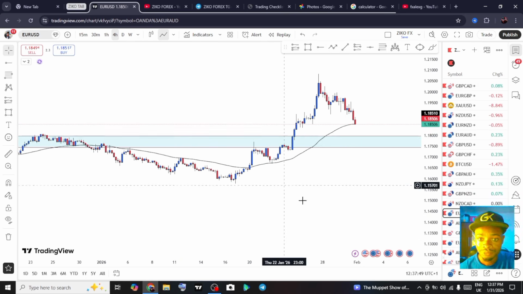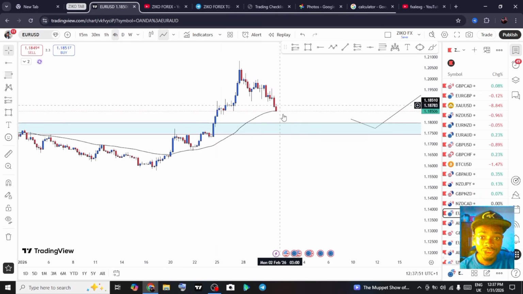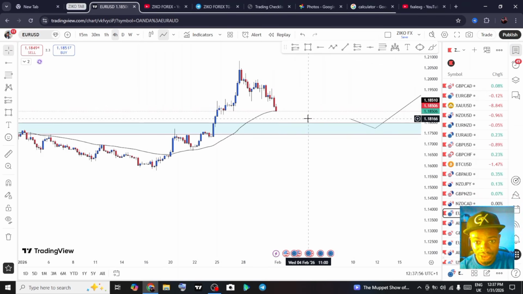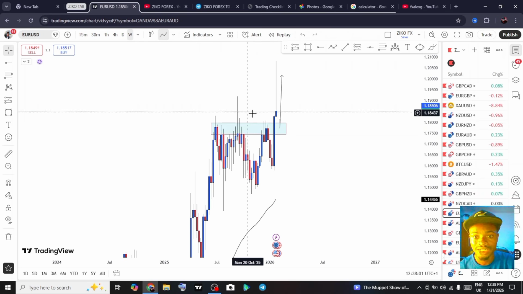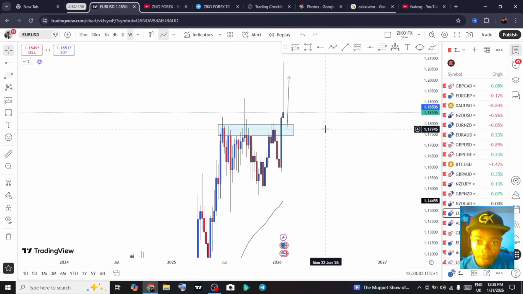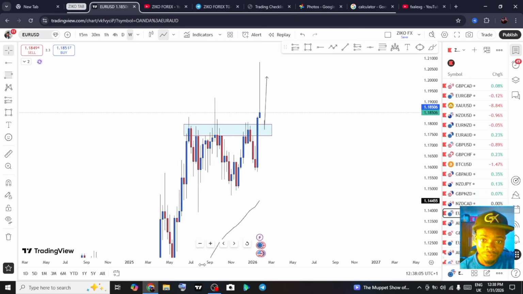week, right? We still need the 4 hour to kind of shift bullish, right? We need 4 hours to come back to area of interest and even shift bullish. There's a lot of price action that still needs to be done on this time frame, right? So